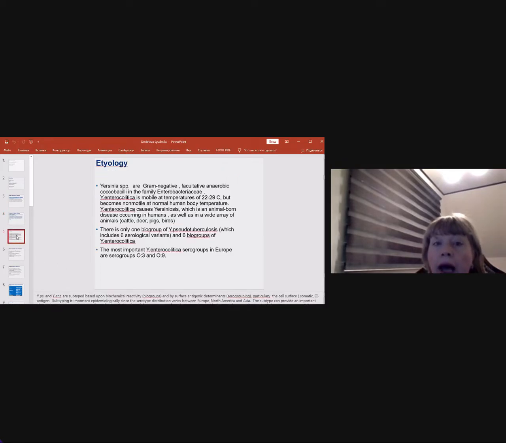The next, etiology of Yersinia species. Yersinia species are gram-negative facultative anaerobic coccobacilli in the family Enterobacteriaceae. Yersinia enterocolitica is motile at temperatures of 20 to 29 degrees, but becomes non-motile at normal human body temperature. Doctors, this fact is very important. I want to say that Yersinia enterocolitica may